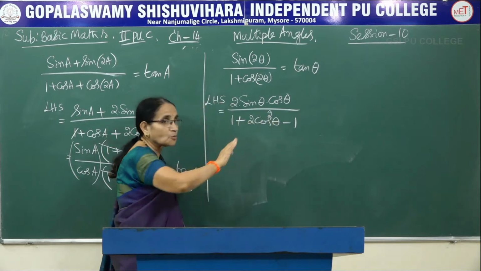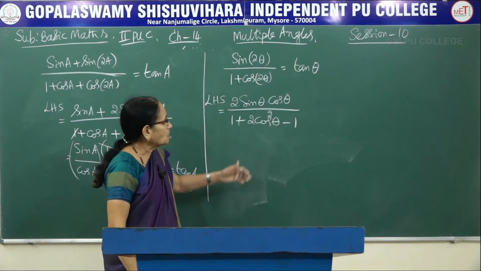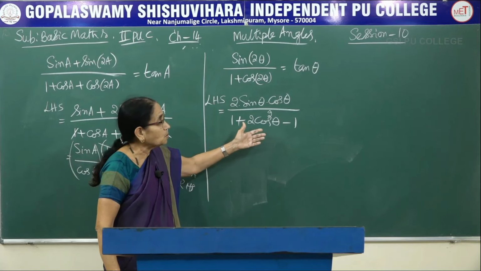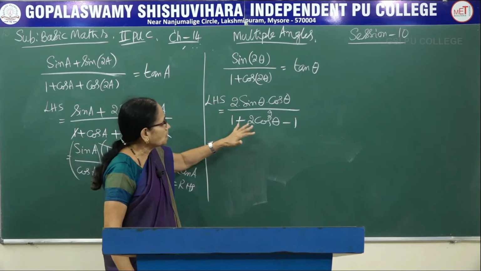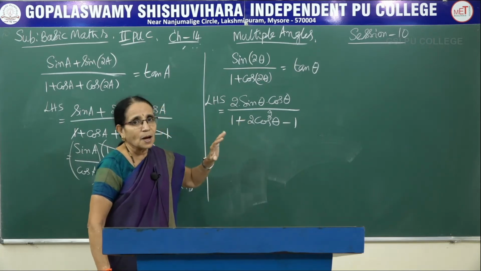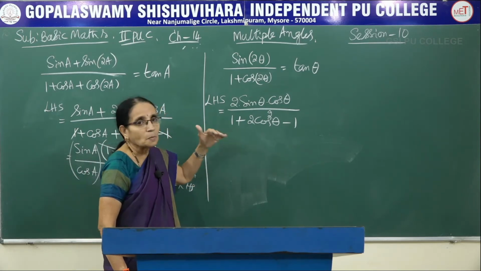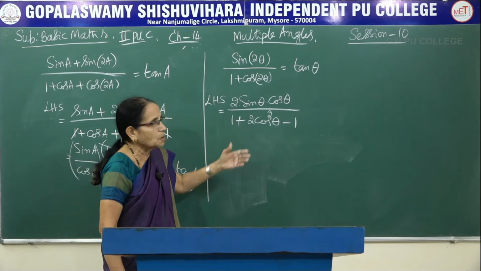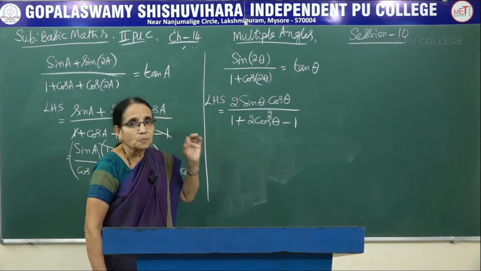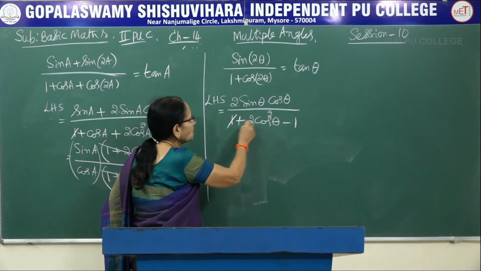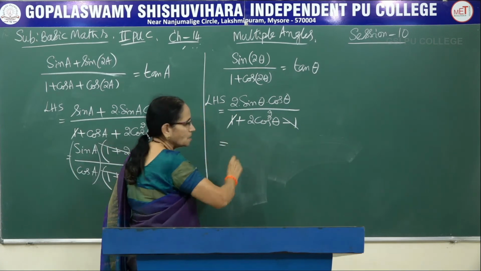If you use any other formula also, you will get the answer, but not within 2 steps. It may take about 5 to 6 steps. So we have to try to solve the problem in a simpler way, as far as possible. That is why whichever formula is applicable to that particular problem, you have to think a little and use that particular formula. Plus 1 minus 1, again they get cancelled.